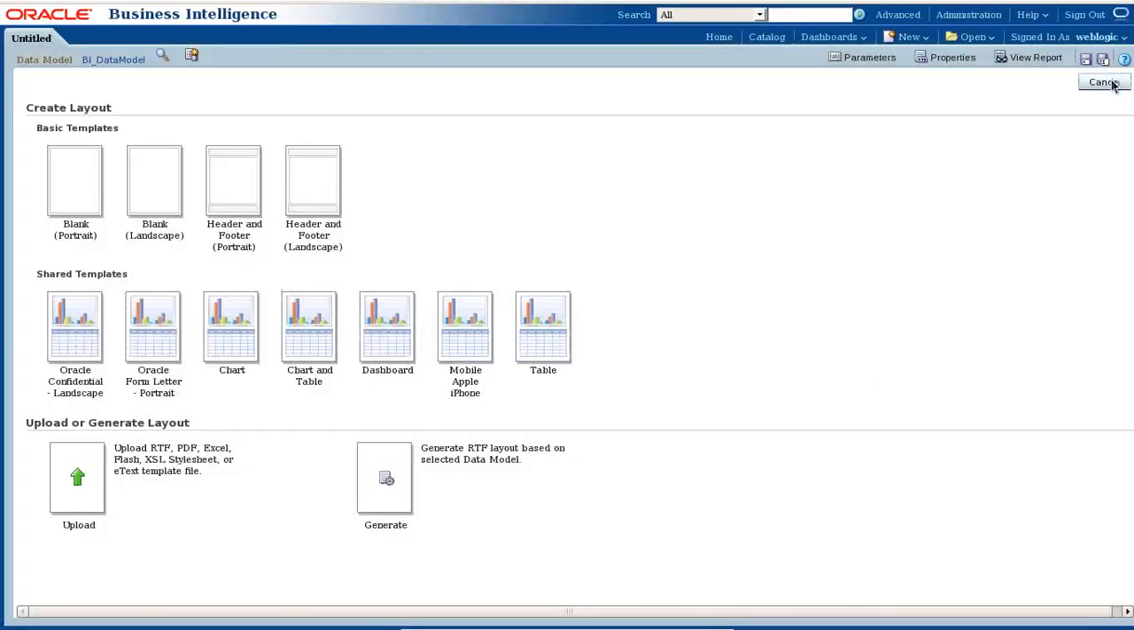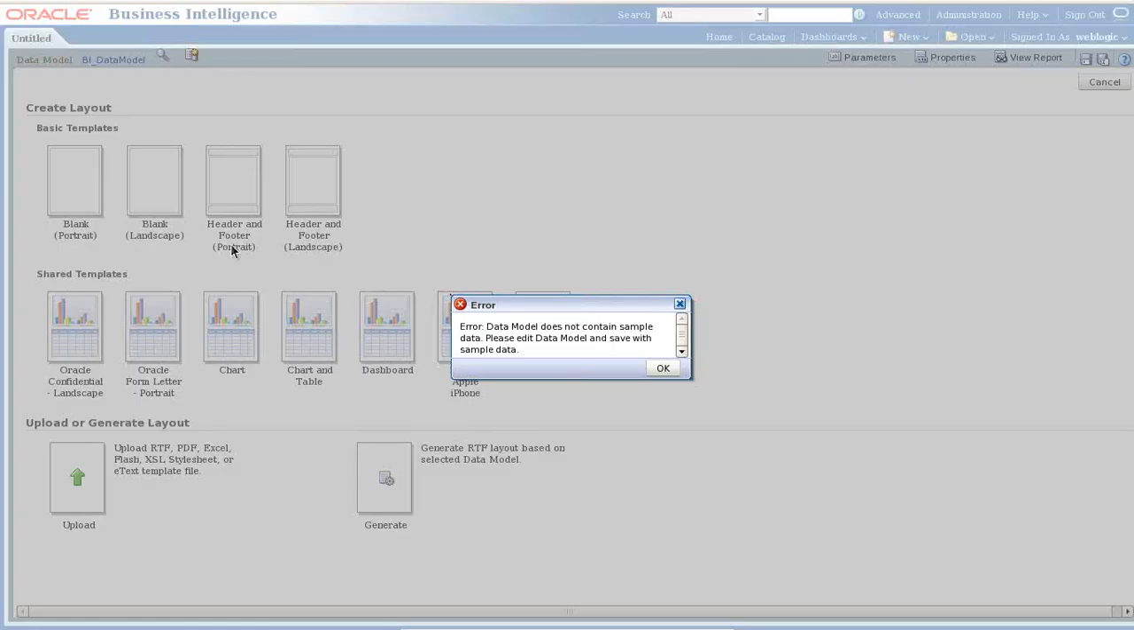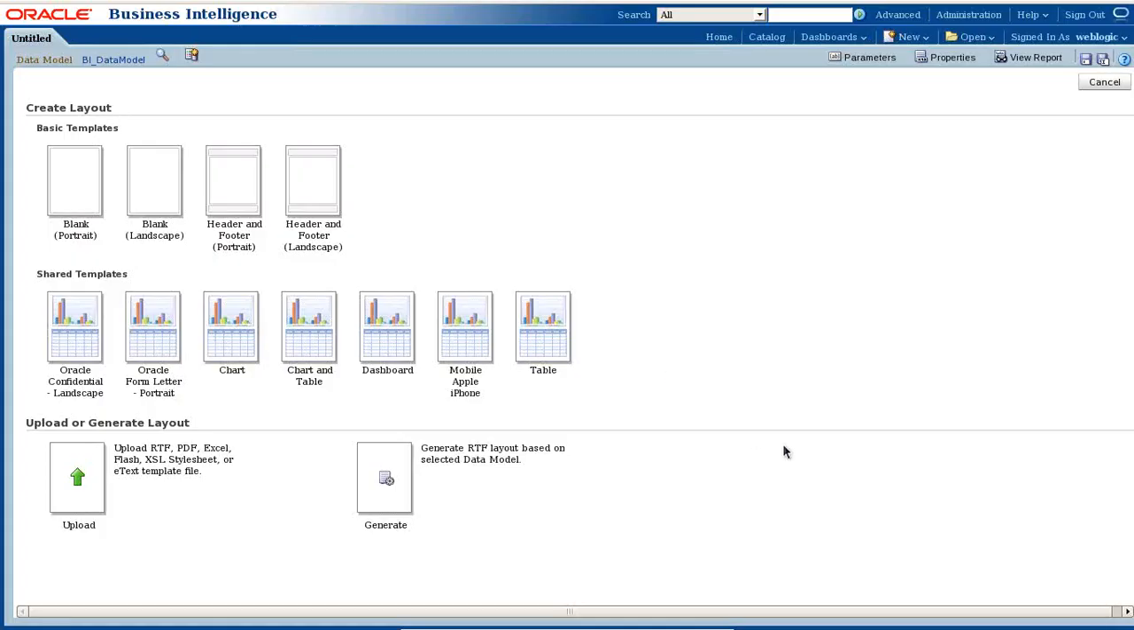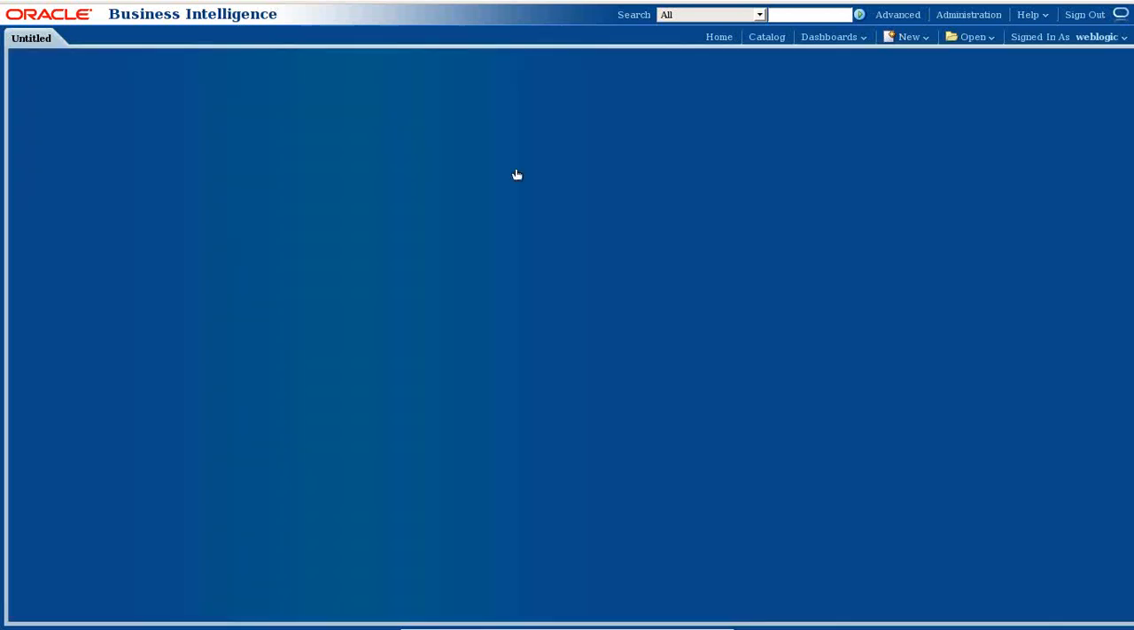Okay, I'm sorry, there's one thing I got wrong. Look at the error message. Each data model is supposed to have sample data, which I mistakenly skipped. Therefore, I'm unable to proceed. Now, why do you need sample data? In order to design and render the layout, every time you create a data model, you need to